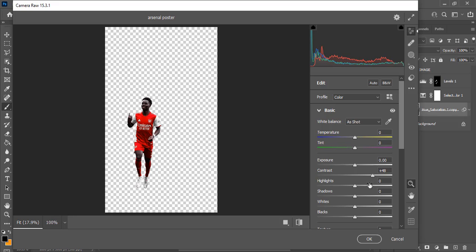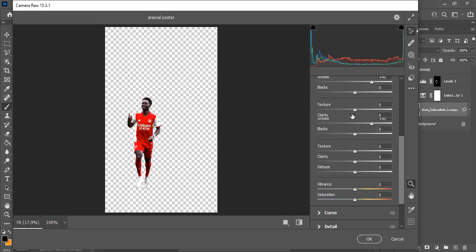148 or 49 is good. The highlight, let's drag the highlights to 36, and then let's see the shadows as well. Let's drag the shadows to 87, and then the whites, let's drag the whites to 45, and then the blacks, let's drag the blacks down